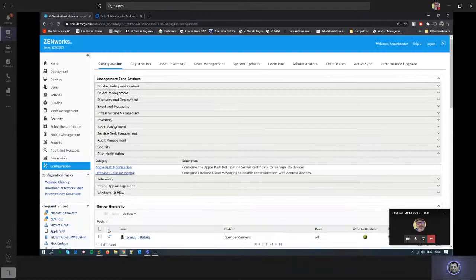And I'm done. So at this point, Firebase Cloud Messaging Service is enabled. What it will do is essentially allow me to talk to the ZENworks agent app on the devices which are registered with me. It is not that I can talk to any ZENworks agent app, maybe of any other user, nothing like that. So as a part of the registration process, when the initial app actually gets downloaded,